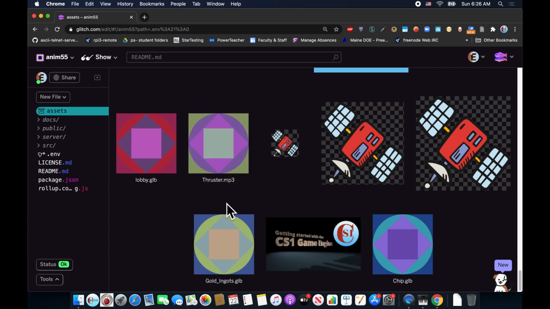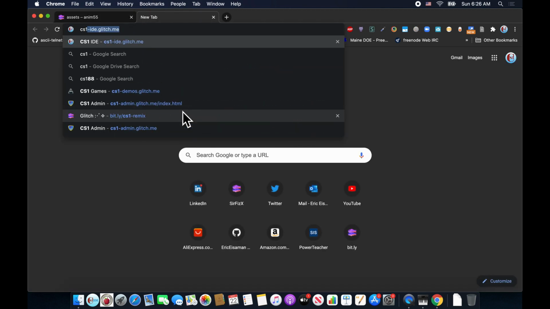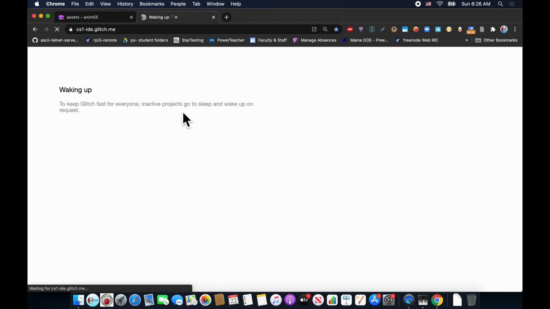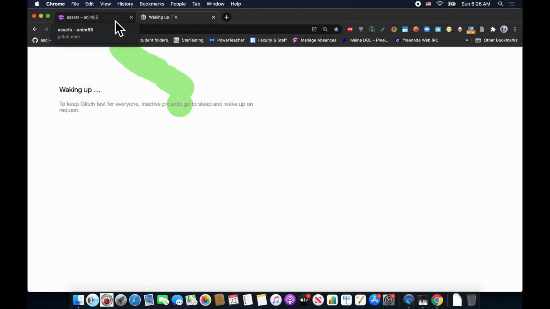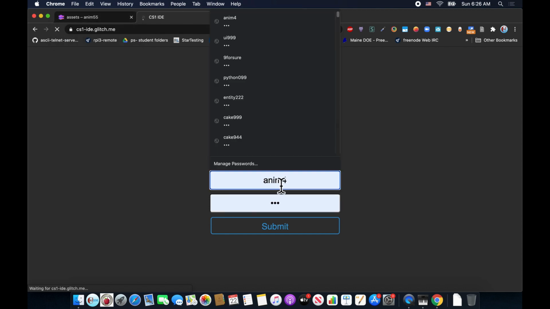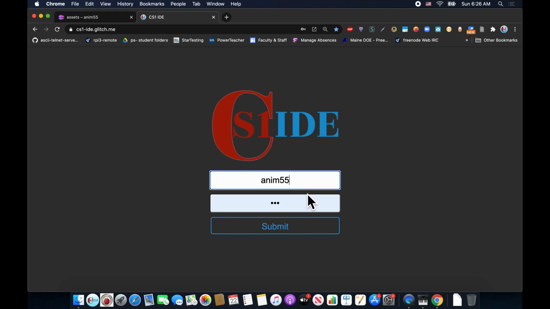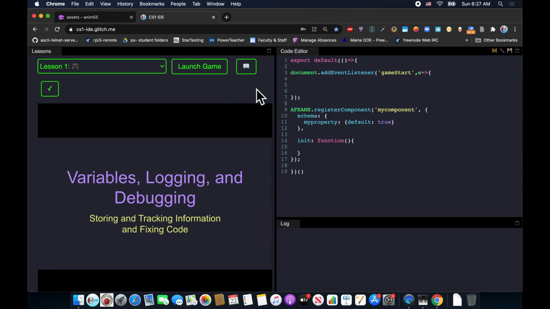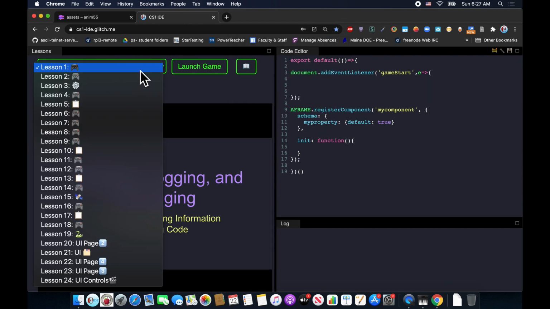But we are going to use the IDE because it makes it simpler. So let's go ahead to cs1-ide.glitch.me. We're going to open up the IDE, and we're going to log into the IDE with our project. So it's going to be Canon, in this case 55, and with our login, we'll go ahead and proceed with this workflow, which is to go into lesson